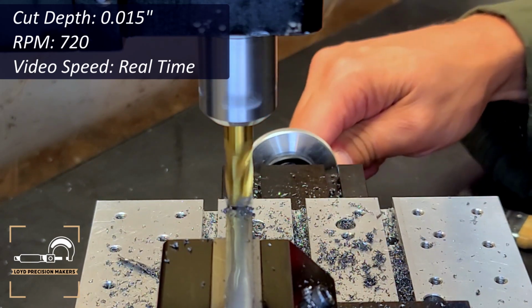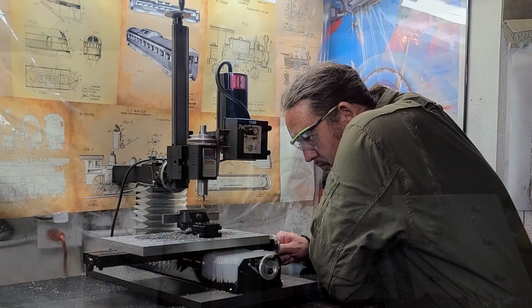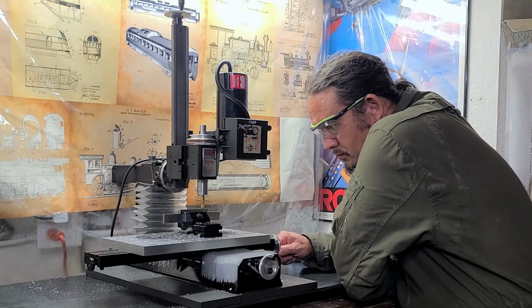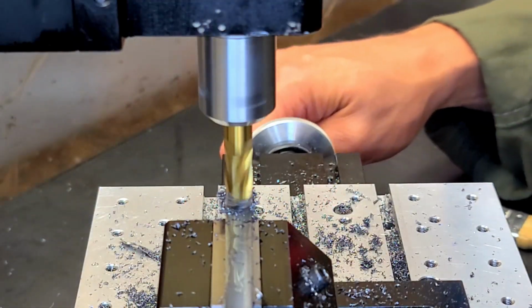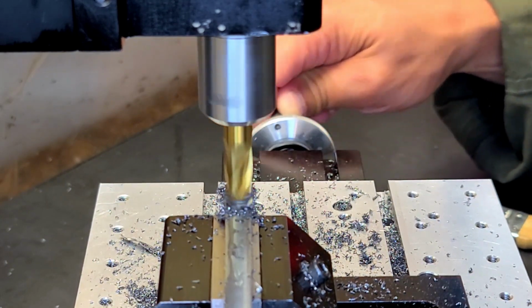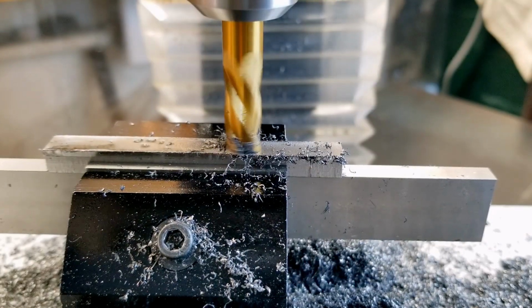Oversized stock material is never a lot of fun. It takes a lot more passes to get into dimension. Sometimes you have to make the most of an opportunity. And I found, especially with this setup, that the machine likes particular cuts. Removing this extra material gave me an opportunity to practice my finishing cuts and really dial in my speeds and feeds and get the perfect finish, so that when I came to my final dimensions, I was able to give it the best possible finish